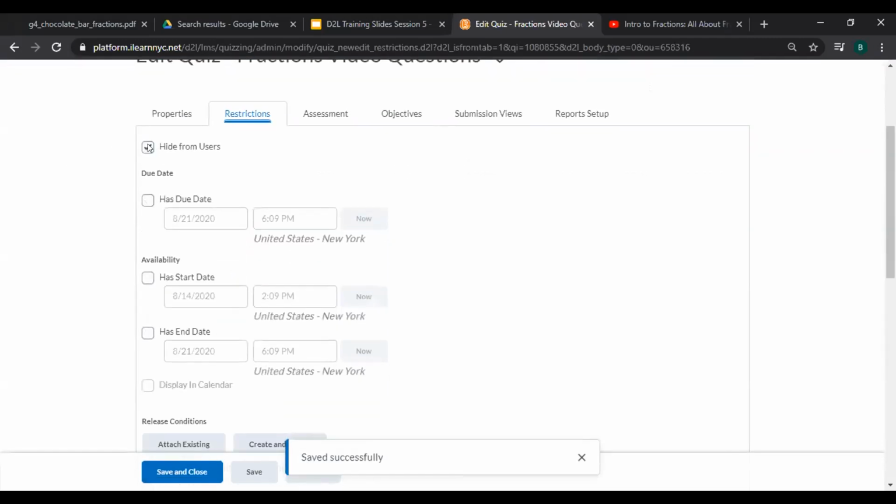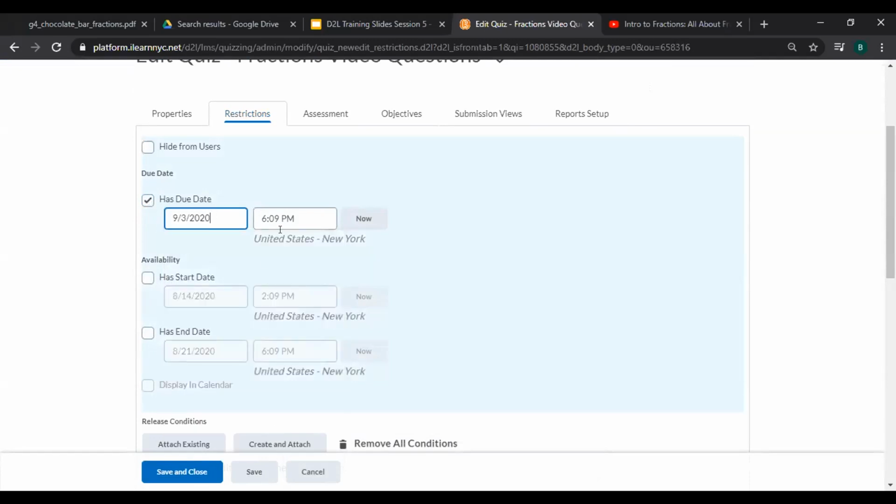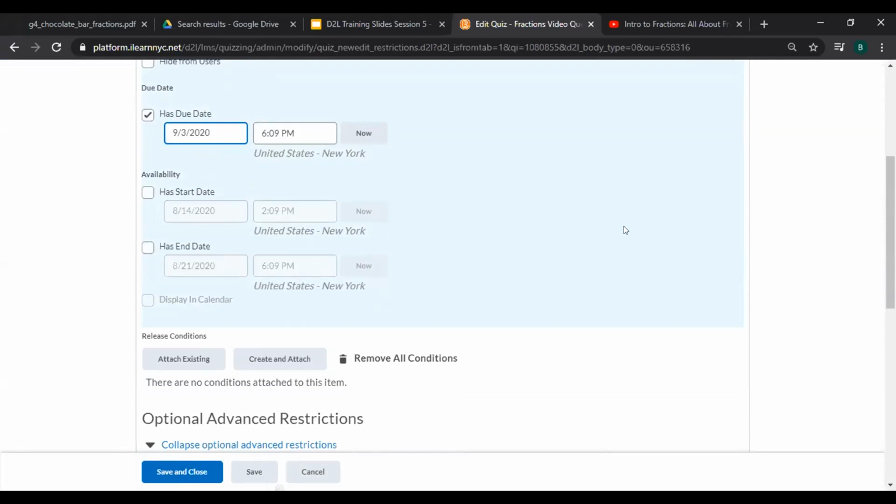Okay, I don't want it hidden. I will put a due date. Let's say it's due on the 3rd at whatever time. We can just leave that alone. Remember that the availability, it won't be accessible before the start date, and it won't be accessible after the end